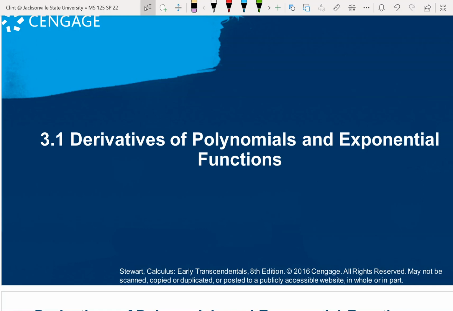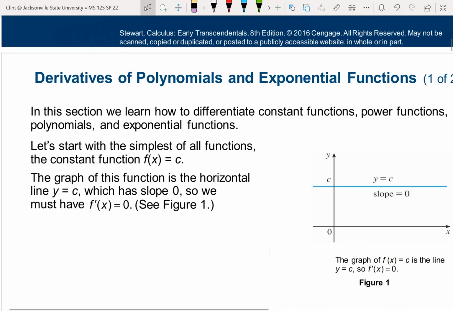Today, the type of functions that we're going to take derivatives of are polynomials. So it'll take us a few minutes to build up to that, and then we're going to look at exponential functions a little bit also. And so we'll start dealing with some exponentials here. So our first goal, we want to be able to take a derivative of a polynomial without having to do the limit definition of a derivative every time. So for our starting place,